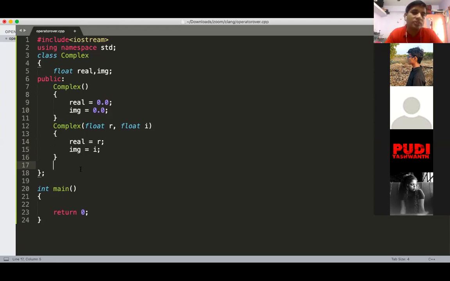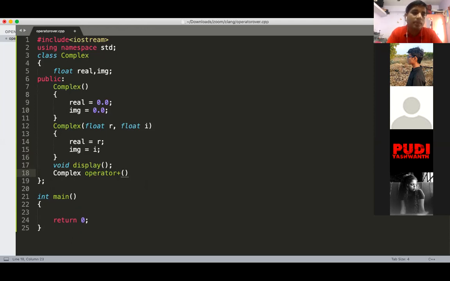Now the next one is the display function we are writing, display. And one more thing we need to write here is the operator plus overloading. So here I am overloading the operator plus. The return type is complex.